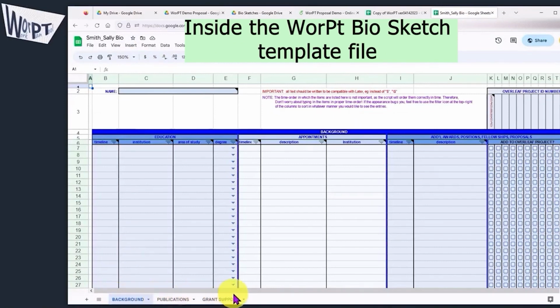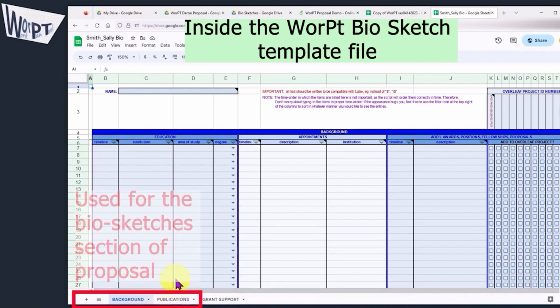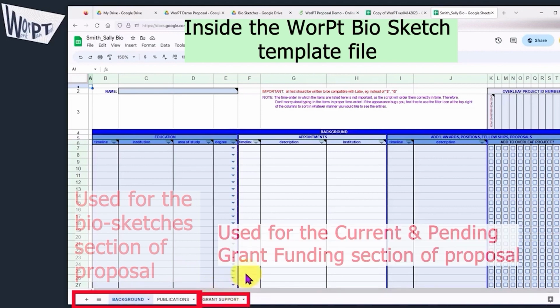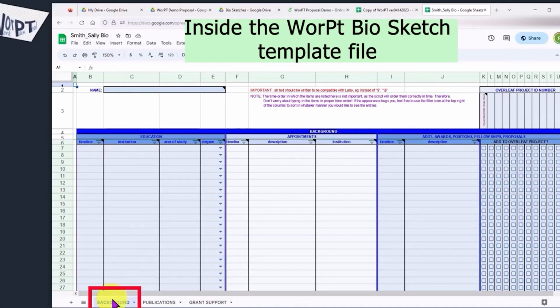Along the bottom, you will see three tabs: background, publications, and grant support. The information provided in the background and publications tabs will be used to assemble the biosketches that appear in the proposal. The information provided in grant support is used to assemble the current and pending grant section of the proposal. Let's go ahead and discuss and fill out the background tab, which should be the first tab shown when you open up the file, but if not, just click on the tab and that makes that sheet